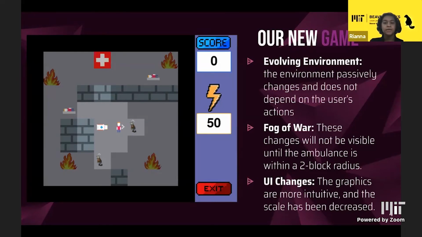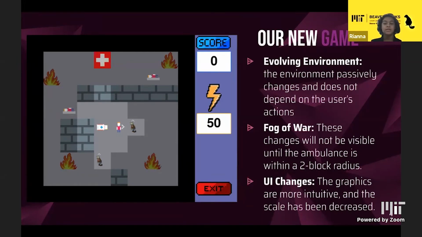Our second modification is the fog of war. Since this is based off of a citywide disaster, your map starts out with perfect knowledge of where everything is, all the fires, the walls, the hospitals. However, as the situation progresses, the environment will change. So outside of your view radius, which is a 2-block radius, tiles are displayed at their last known value. Injured people will be shown map-wide because we assume that they have sent out an SOS signal to you.